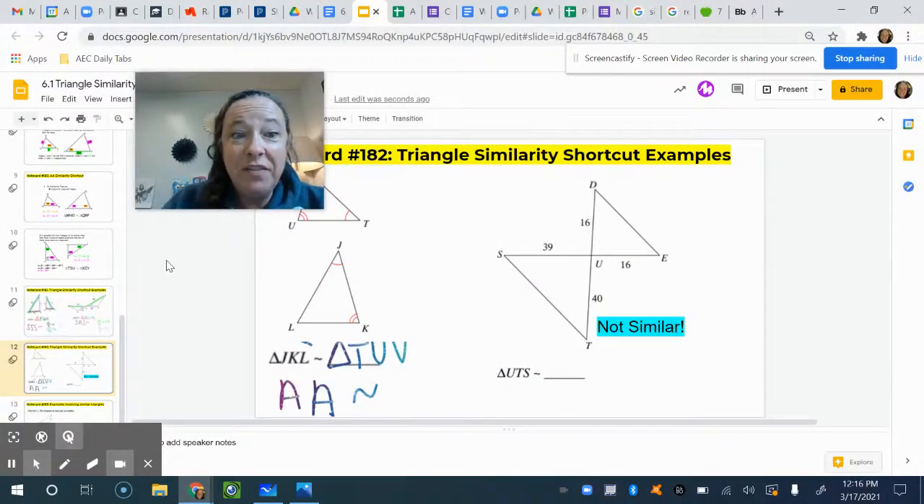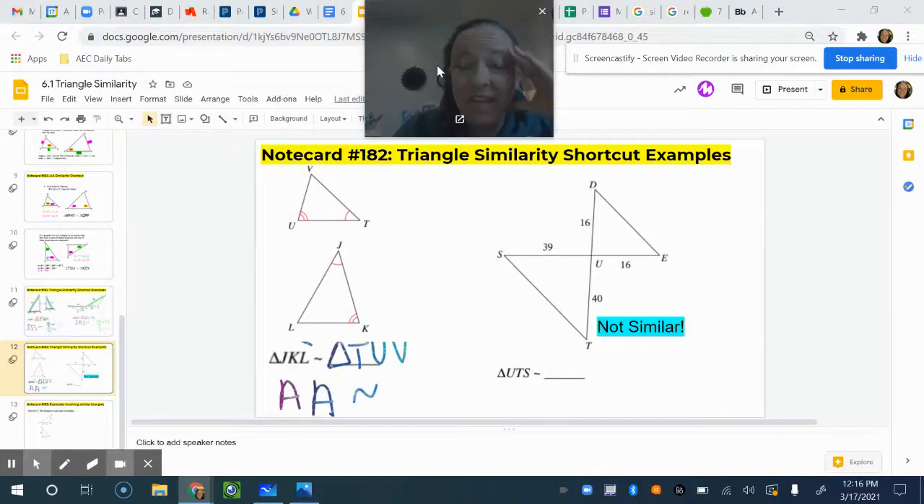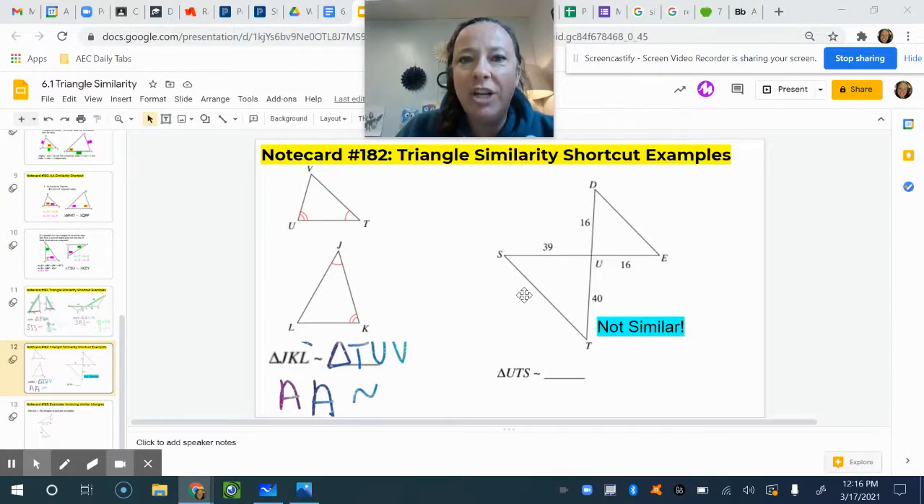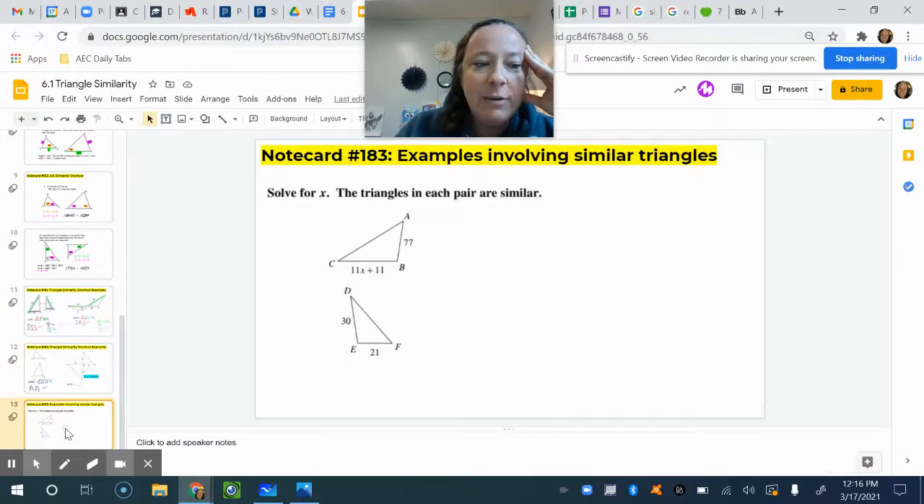All right, so make sure you've taken the time to draw the pictures and to answer the questions. And remember this one, they were not similar. So pause me and finish up note card 182. Lastly, we have note card 183, which is an example involving similar triangles. So once we know that the triangles are similar, like in this one, it's stated that they're similar, we